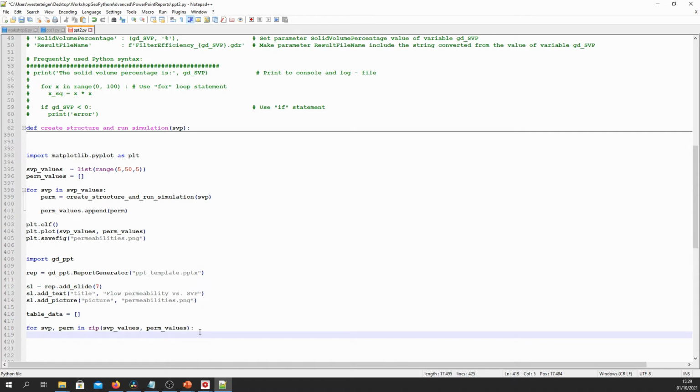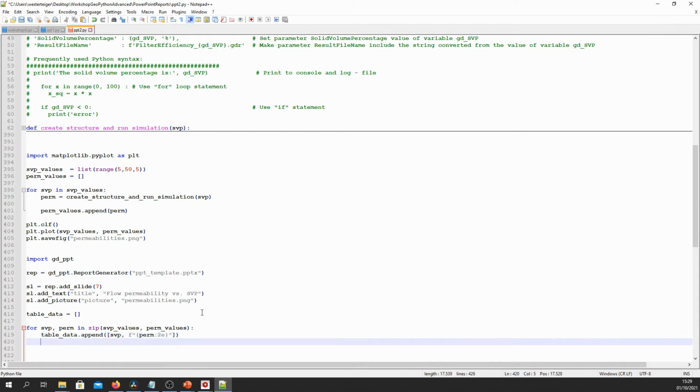So we do this, and for each pair of values, we add a row to our table. So we do table_data.append, round brackets, and the other brackets, sorry, SVP, comma, f, quote, perm, colon, 2e, curly brackets closed, quote, and brackets closed.